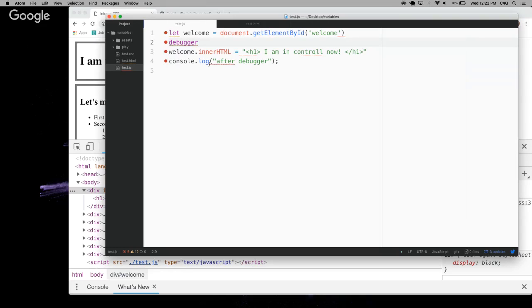So I put the debugger and then what after the other and see if something's wrong? Yeah, I can put multiple debuggers in and see exactly where things stop. Now, remember, the debugger's only going to hit if your developer tools are open. And also, when you're done with it, always make sure to delete your debugger, because the worst thing in the